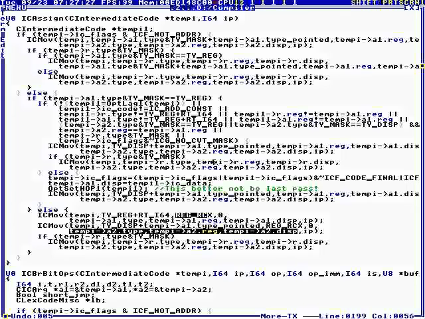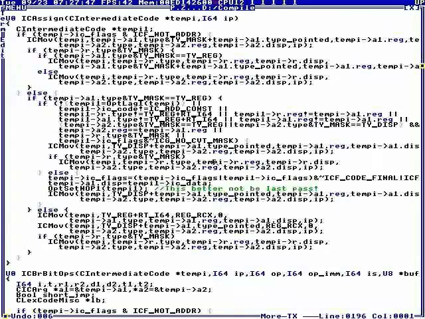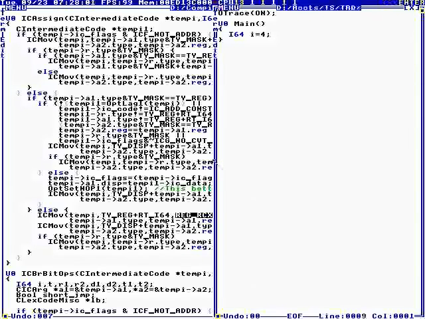Here's the other argument, and if it's a register variable, it uses this, and that's one instruction. If it's not a register variable, we have to load the address of the location in CX, and then we do an assign indirect to CX with 0 displacement. So what we're doing is a move RCX, comma, and then this is one of the